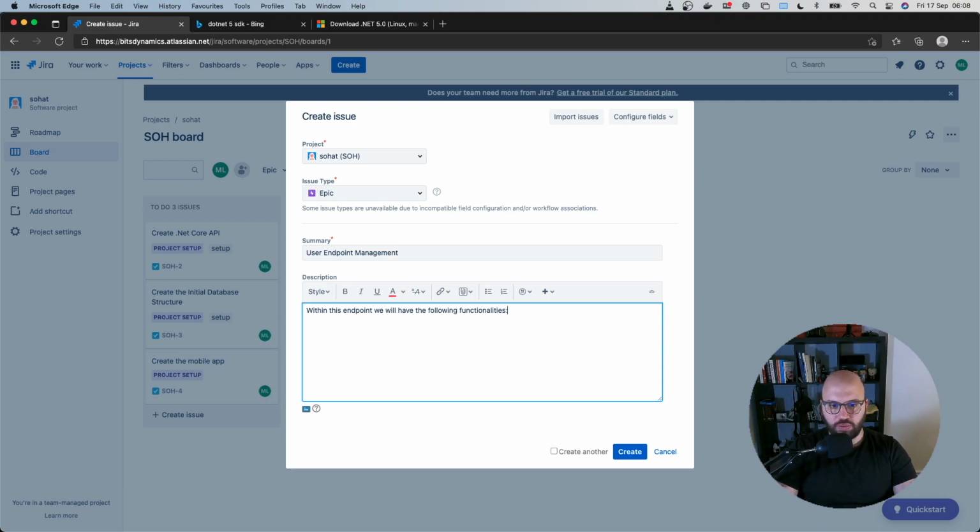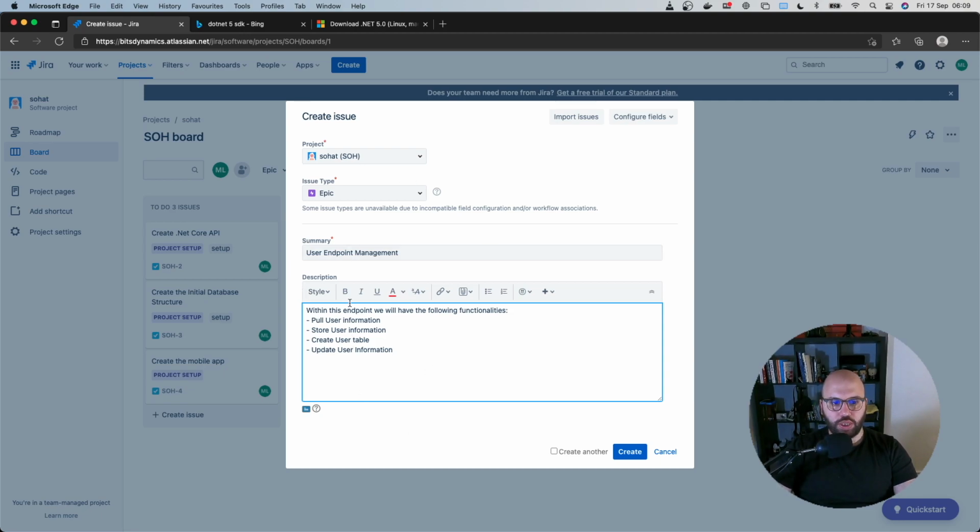functionalities. This is a very simplistic view, but it gives us a quick overview of what we want to accomplish. And then we can say that the functionalities are going to be post or pull user information, store user information. We need to create the table in the database which is going to be responsible for that. So create users table, and basically what else we can do, and let's say update user information,